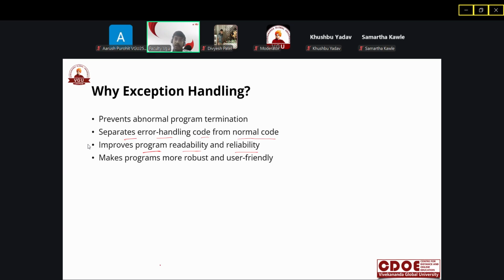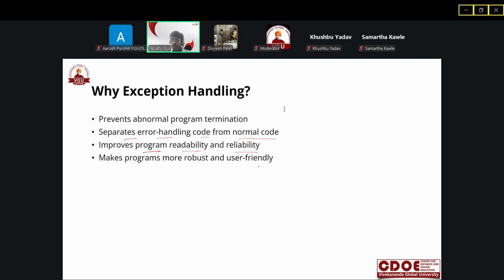For example, there is a Zomato app and a customer is ordering something. When the customer taps on the payment, the code gets a runtime error, and the developer does not know what type of error occurred. If we are using exception handling, then the developer will be able to know what type of error occurred in the program. So it makes the program more user friendly.